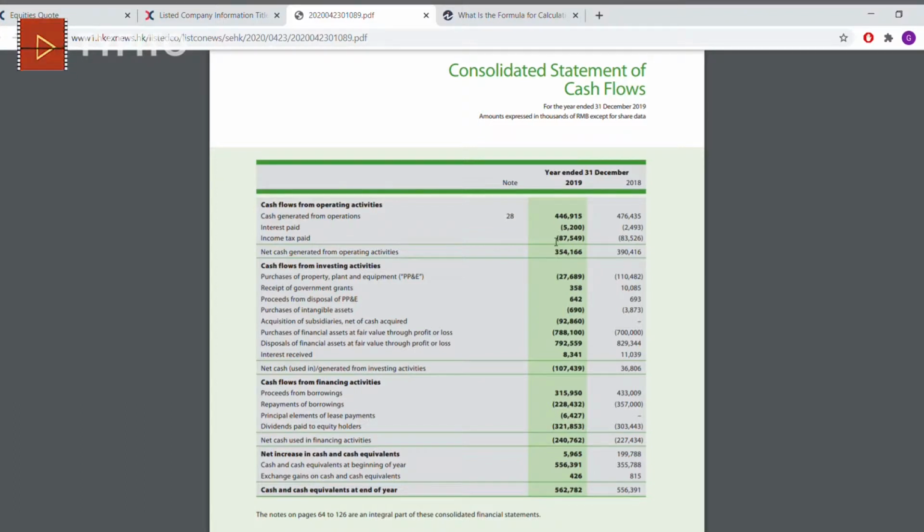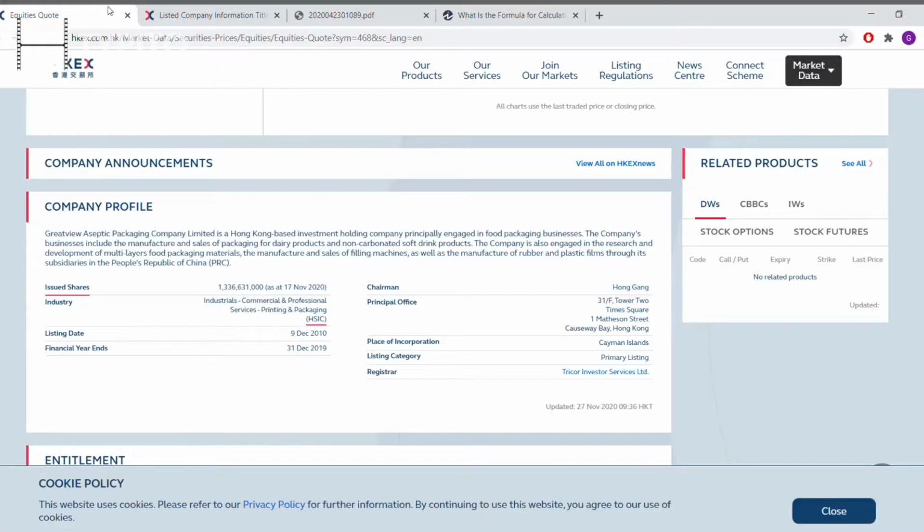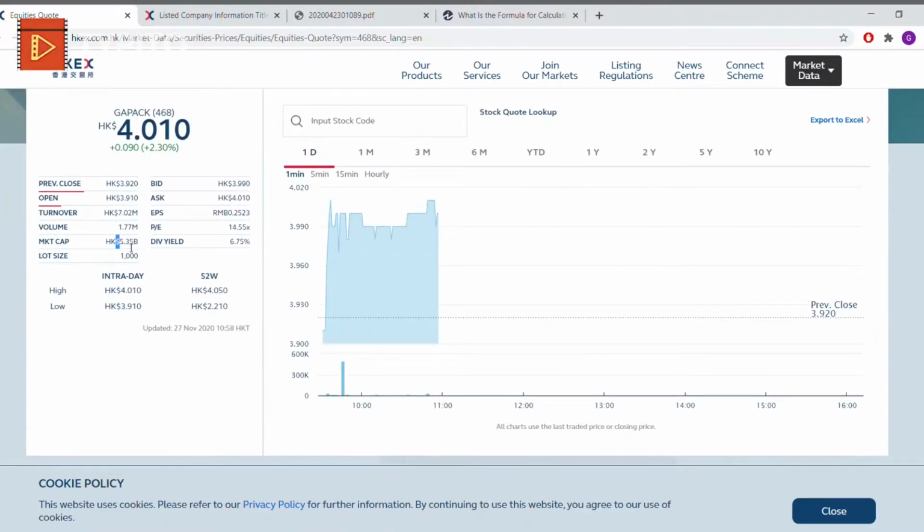A good gauge of free cash flow is the free cash flow yield. So what we do is that we take the free cash flow generated by the company and divide it by the market cap of the company. In this case, the free cash flow is 330 million, and the market cap of Greatview Aseptic Packaging is about 535 billion. That will mean that the free cash flow yield is slightly above 5%, around 6 to 7%, and that is actually